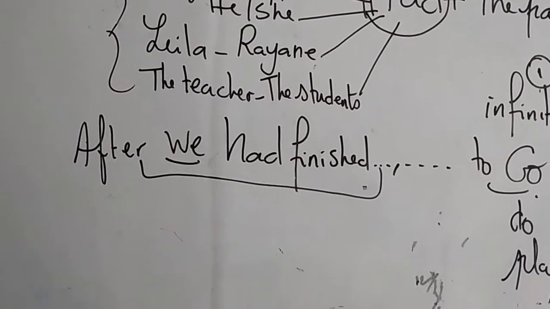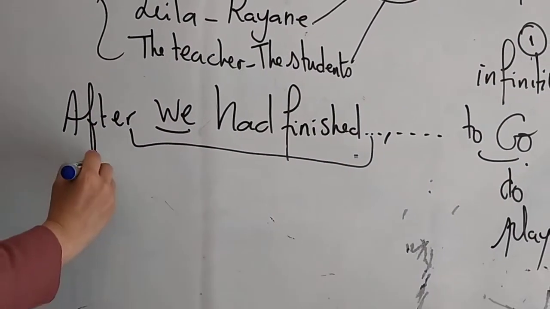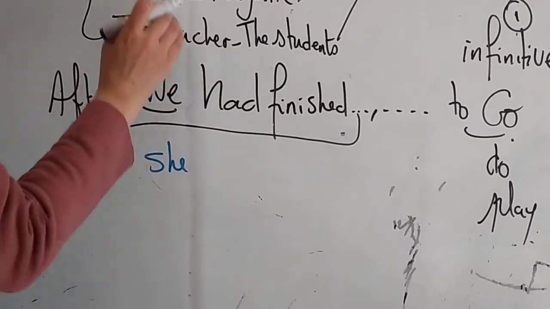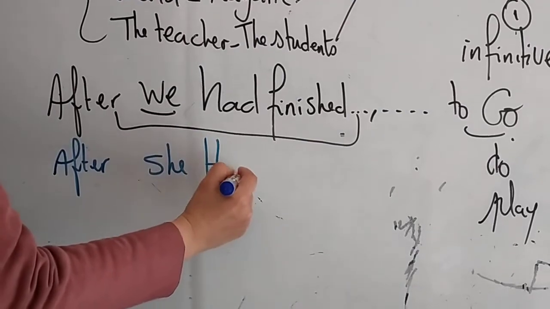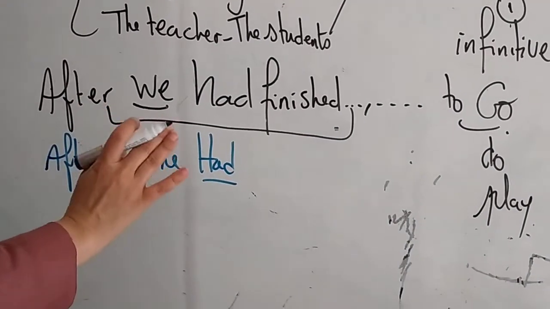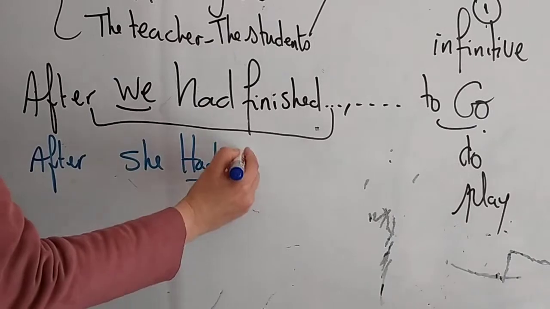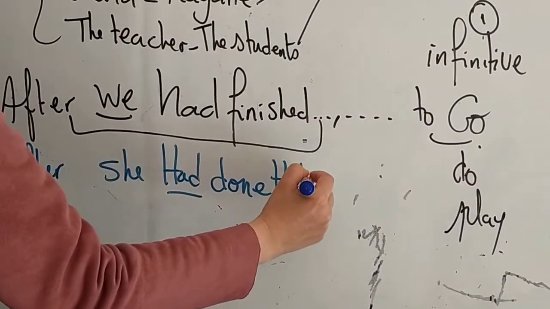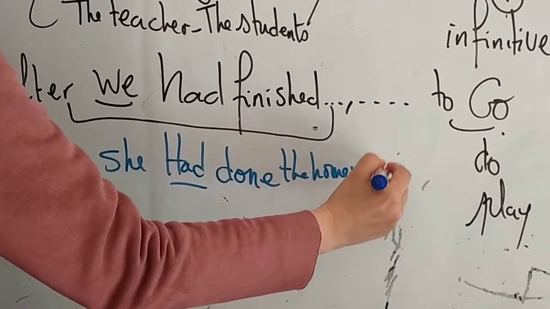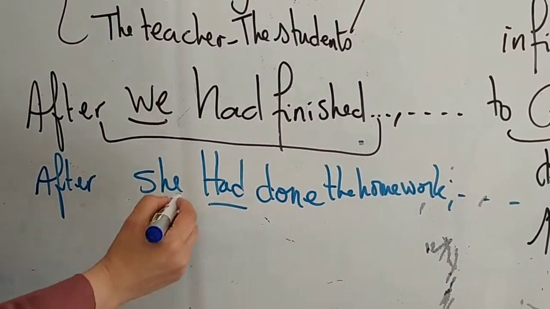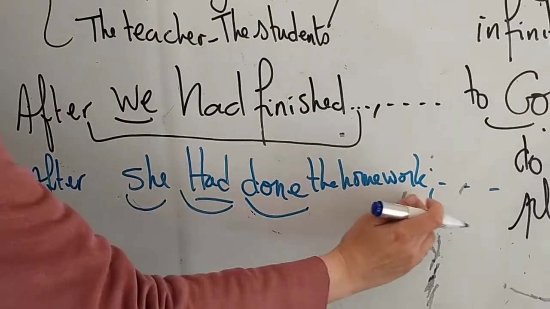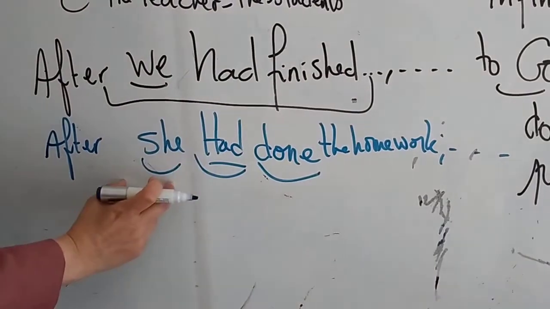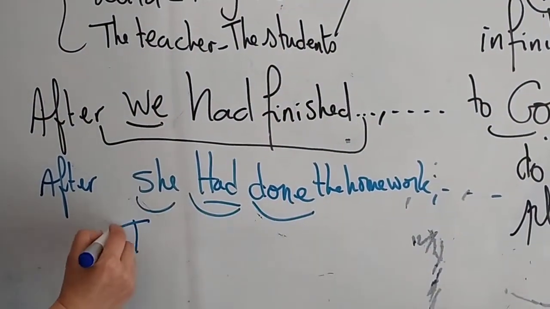I give you another example. After she, شنو قلنا, she or we or they, دائما had, it doesn't change, it's the same. After she had done the homework, she left. اوكي عندي الغرض هنا بهذه الصيغة، ما الجملة it hasn't finished yet. Okay, we had finished, she had done, they